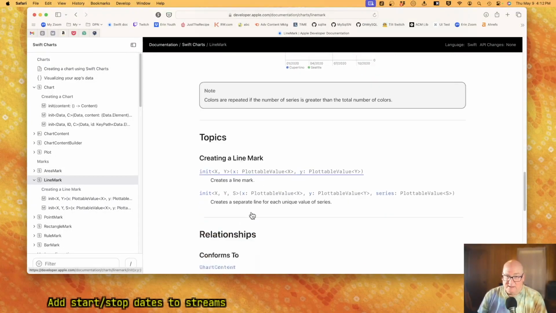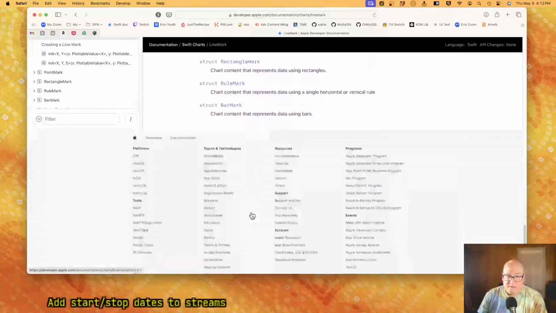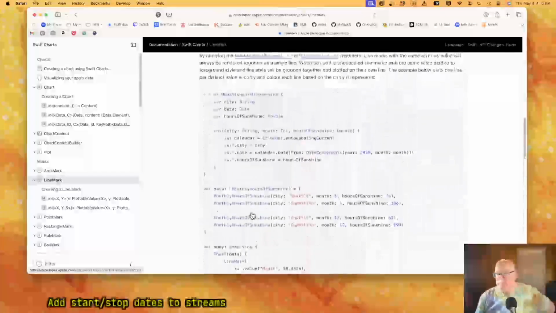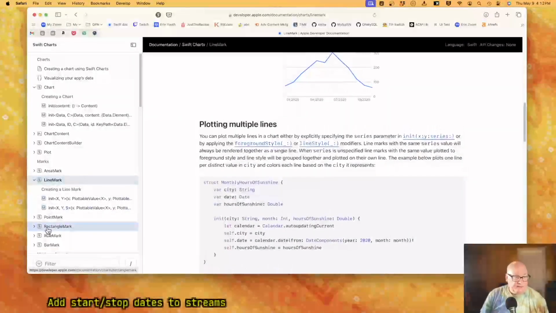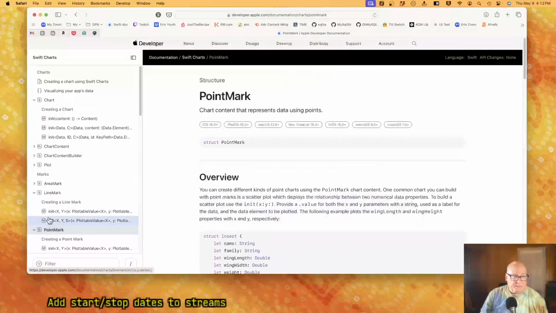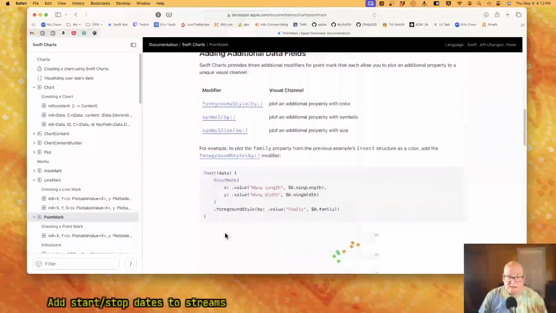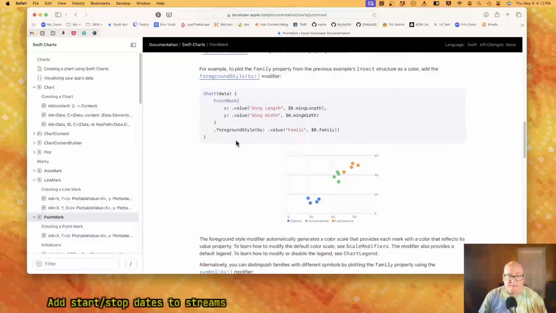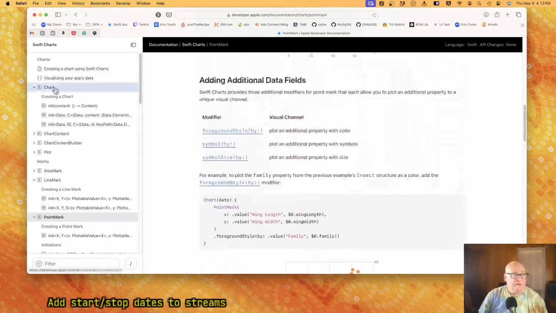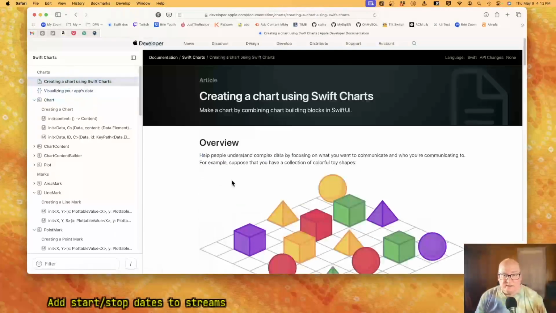Different lines for one set of them. And you can also put point marks with line marks, I think. Where was that? No, let's go back to this one.